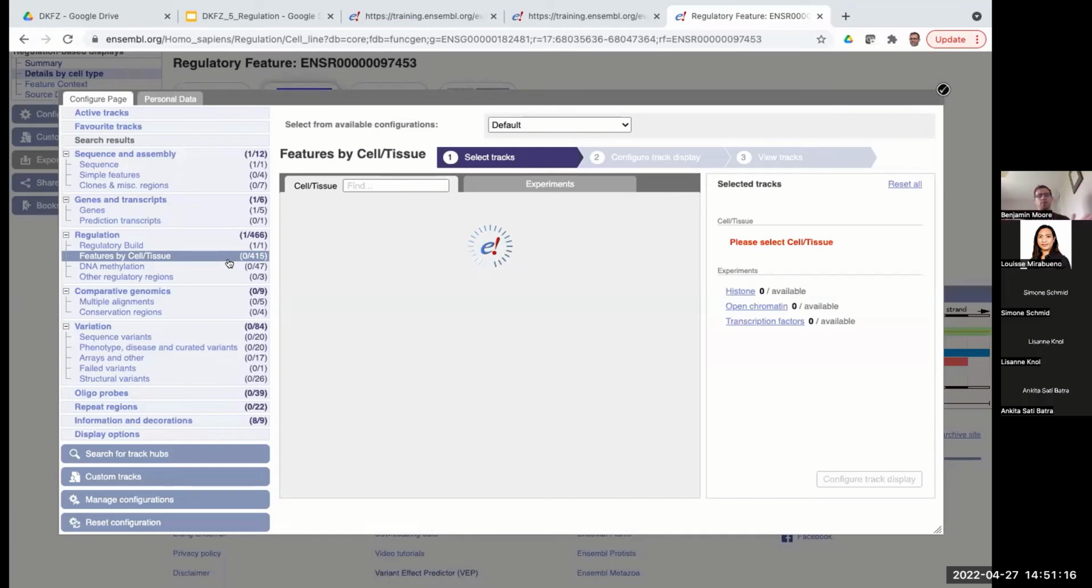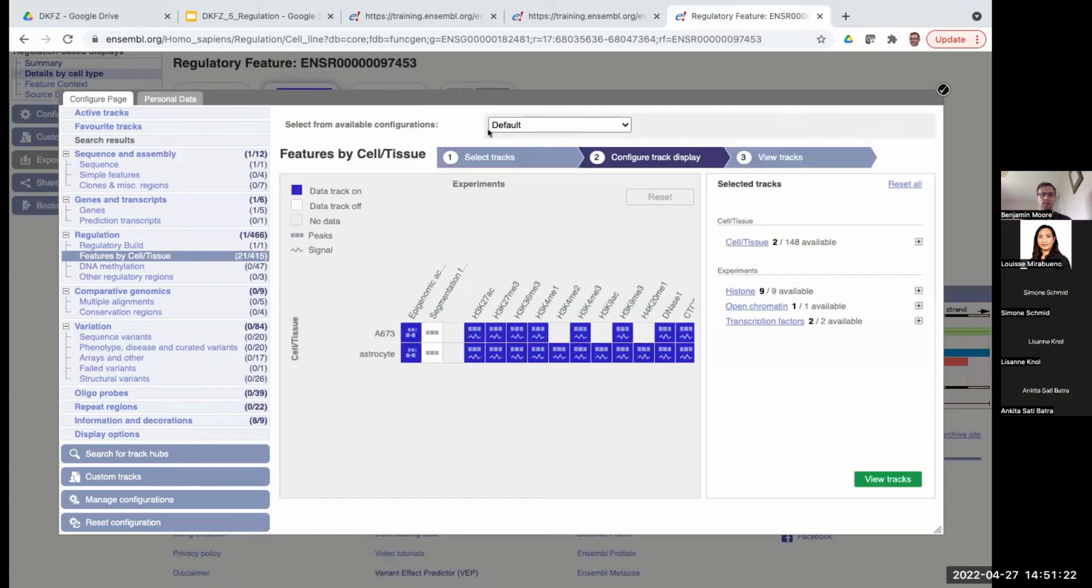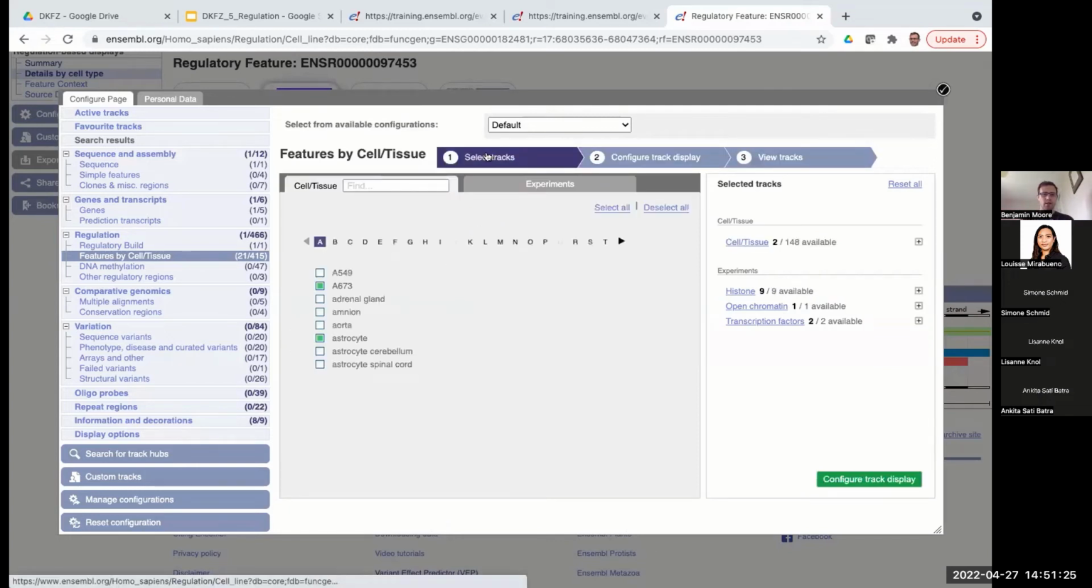And this will open up a pop-up window that allows us to select all of the cells and evidence that we're interested in. So the first thing that we have to do is select our cell types of interest. You can search the cell types using the search function here, but the cell types